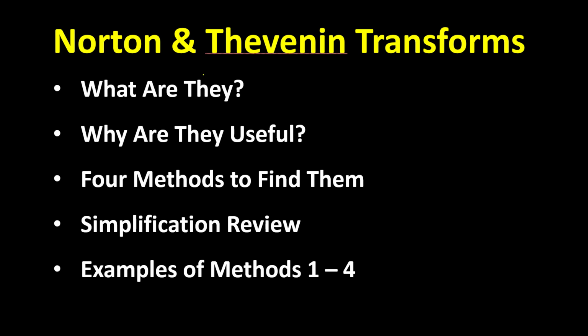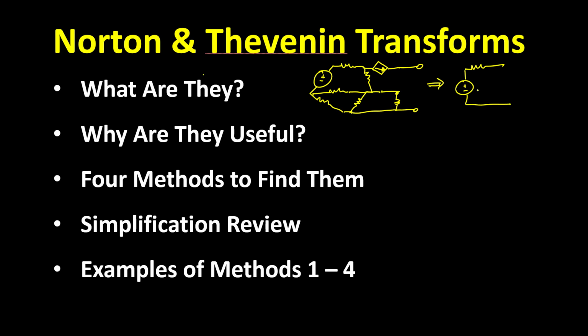This is a review of the Norton and Thevenin transform methods. You first learned about these methods in Circuits 1, and what they are is an organized way to take a complicated circuit that looks like this into a much simpler circuit that looks like either a pure voltage source with a series resistor, and we'll call that voltage source VOC, and we'll call that resistor REQ for equivalent,